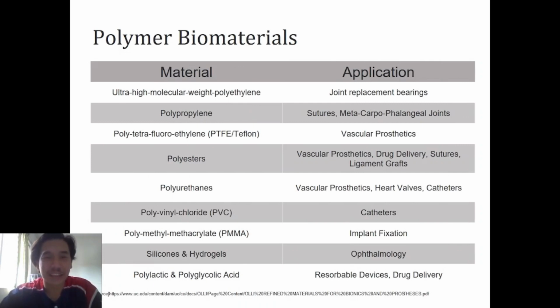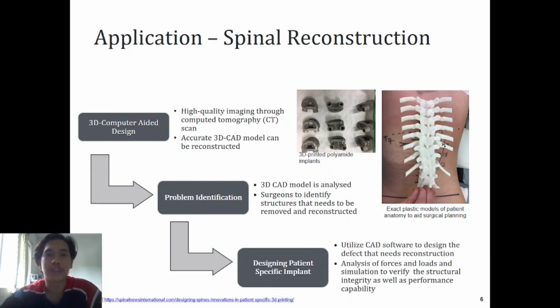Next are examples of materials that are used in implants, such as ultra high molecular weight polyethylene for joint replacement bearing, polypropylene for metacarpophalangeal joints, and others. One of the examples of the application